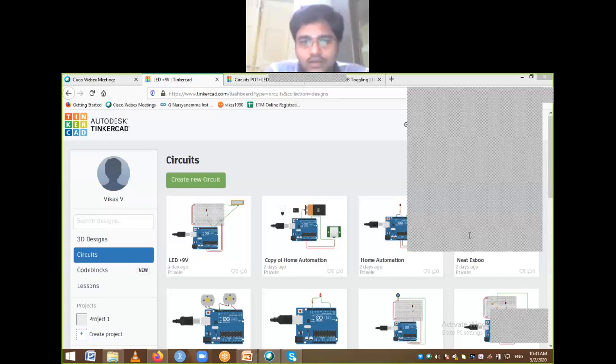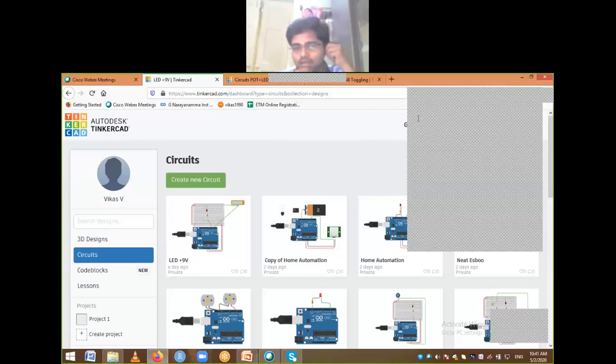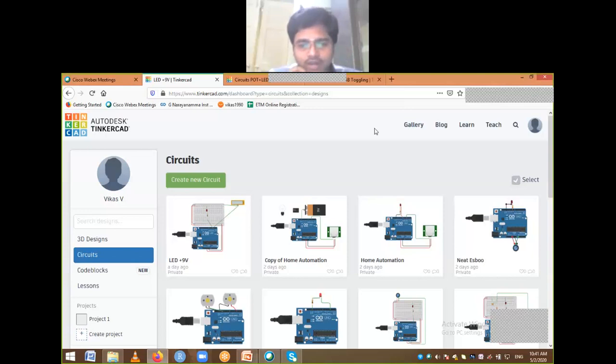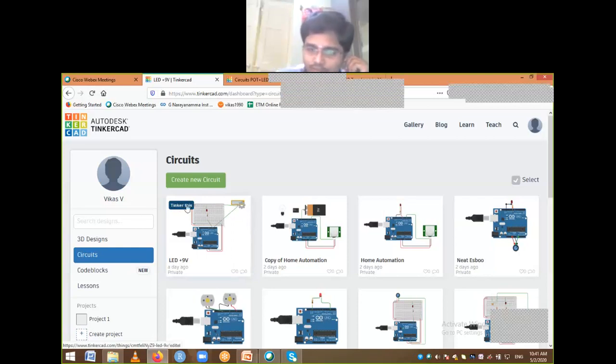Okay. So we stopped yesterday by just creating some LED and making it glow with Arduino. Today we'll resume and we will see how I can generate code for that one. Okay, I just logged into Tinkercad and you will be able to see something like this. Now I just need to open my existing circuit. So I'll click this, and when I go to this particular thing, you can see here it shows Tinker this. Okay, I'm just clicking this Tinker this.